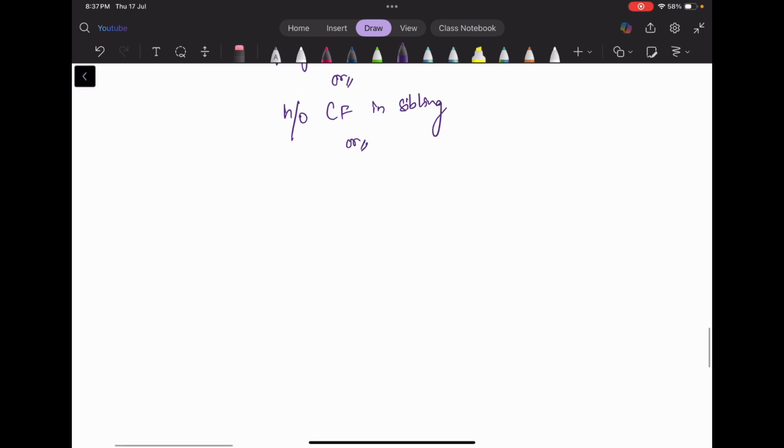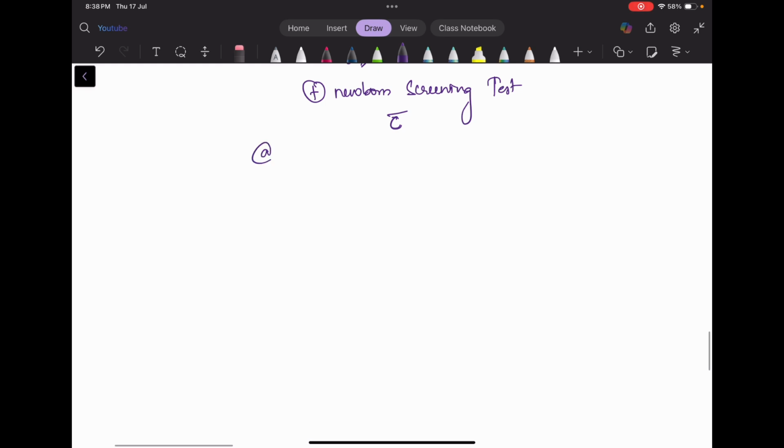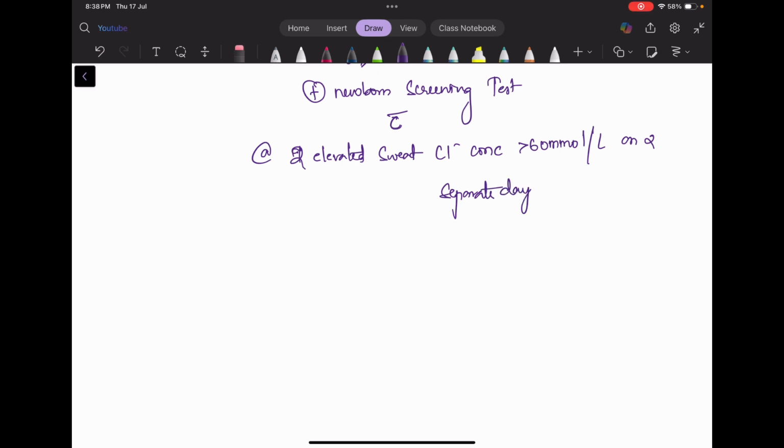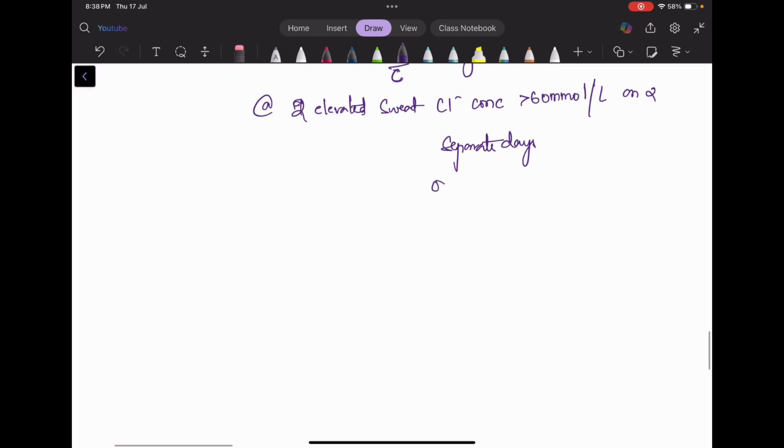Or positive newborn screening test, with, not or, with a 2 elevated sweat chloride concentration more than 60 millimole per liter on 2 separate days. Okay, let's write "or" downside. Or